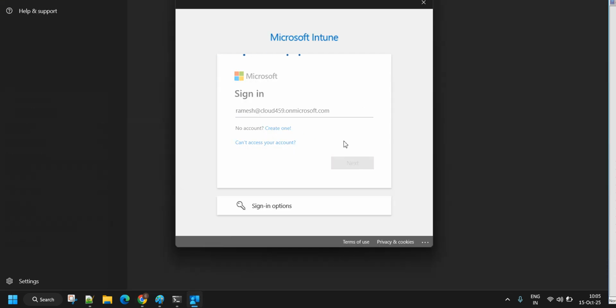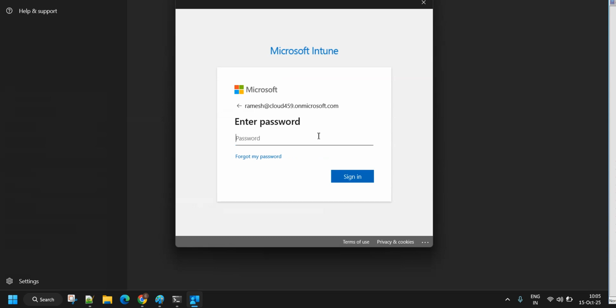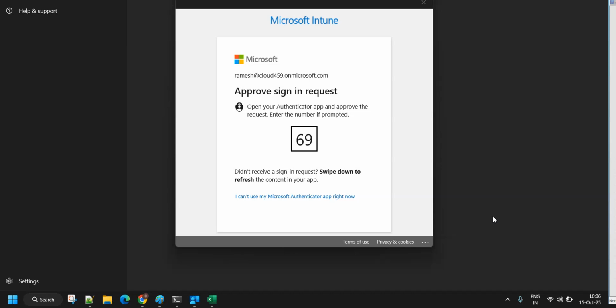So this will undergo an authentication check, which is a multi-factor authentication, guys. It is asking me to approve the sign-in request through the multi-factor authenticator app. So I will go to my authenticator app on my phone, which I have registered for this device, and I will authenticate it. I got an approve sign-in request. I will type the number on my phone and authenticate that. So once it gets authenticated, it will be able to